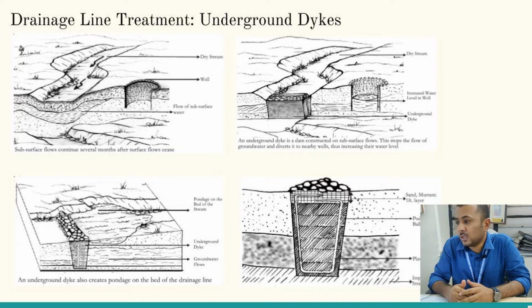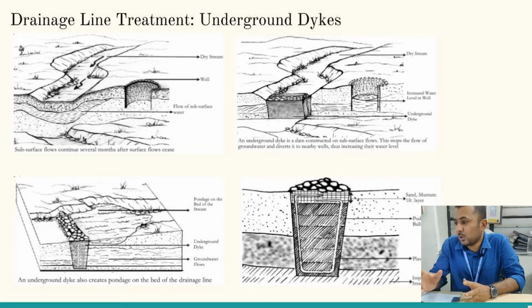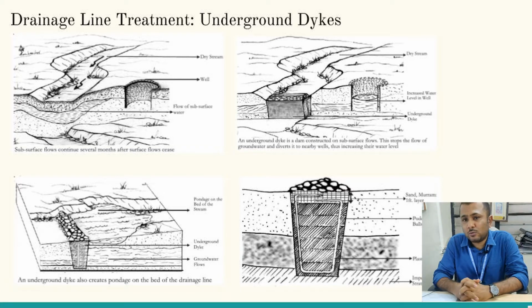Usually the water that is flowing beneath the bed is flowing in the direction of the river itself. But as you construct the underground dykes, what happens? The water starts flowing laterally. Okay, so this is how you can understand the function of underground dykes. Let us see the cross section of underground dykes. As you can see, the underground dykes are to be dug out till we reach the impermeable strata. We will discuss why it is required to dig until the impermeable strata.